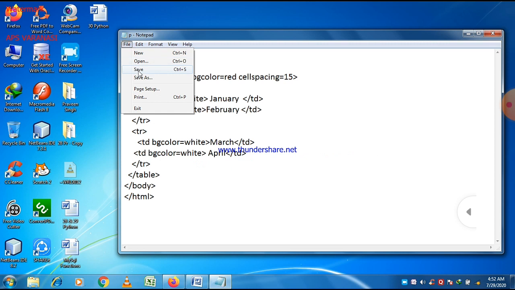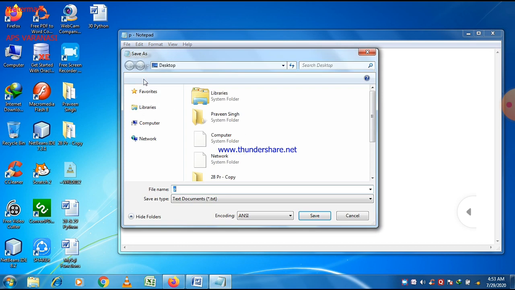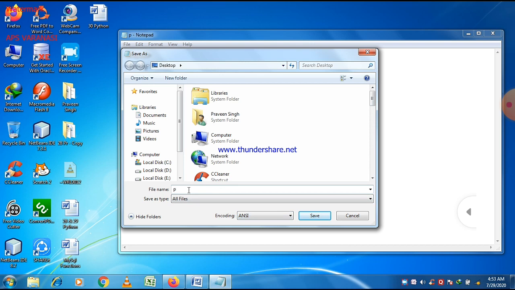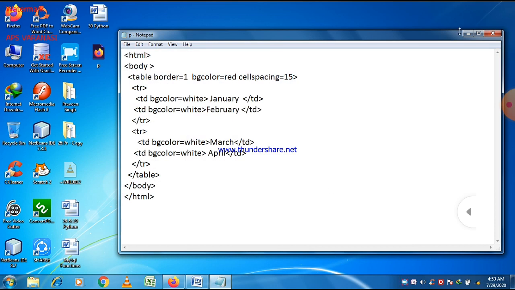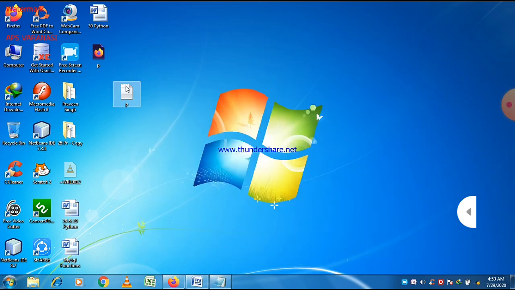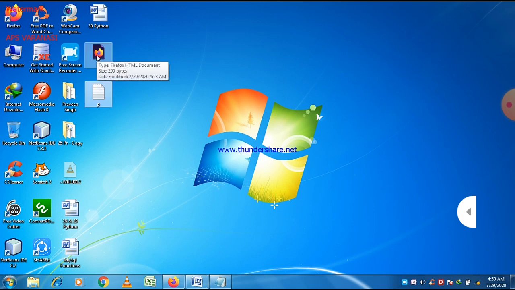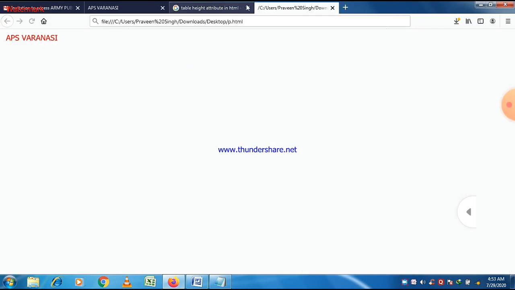Now just save the program, and then perform the save as operation here. First of all, save as type, make all files, and then give the name same as that of the text file, that is p. Only change the extension, that is html, and the program is saved on desktop. Save the program, and you can easily see that there is another file named p, but it is open in Mozilla Firefox, because Mozilla Firefox is the default browser for this laptop.